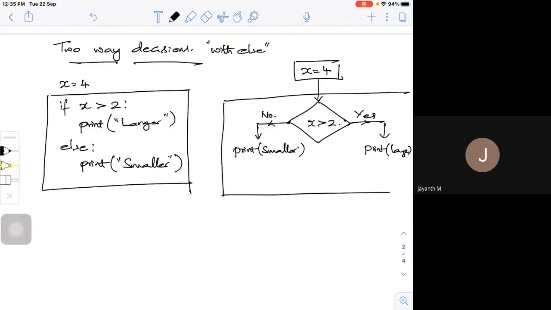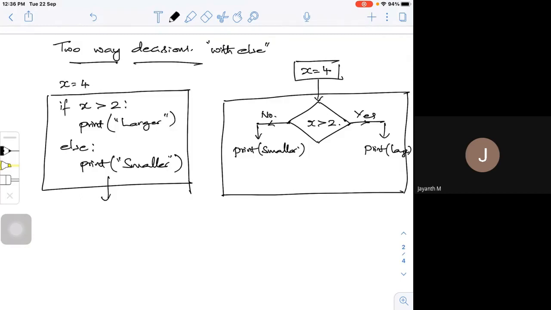This is what I am trying to do. This is the equivalent flow chart. Then, if I want, I can have one more statement here. So if-else means I will go with two-way decisions.